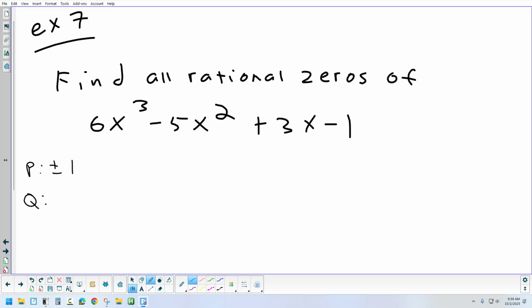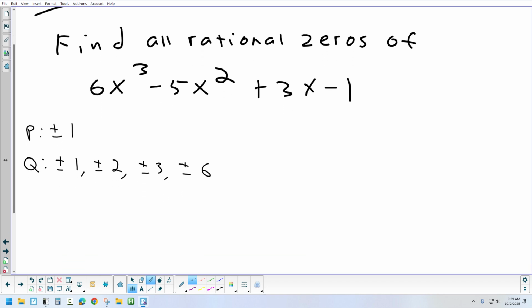Plus or minus 1, 6, 2, and 3. Now I've got to narrow that list down. When I write them all together, it's just 1 over all the denominators. So it's 1,